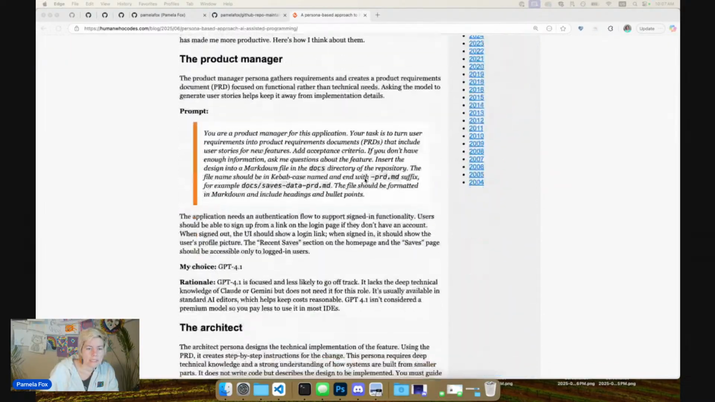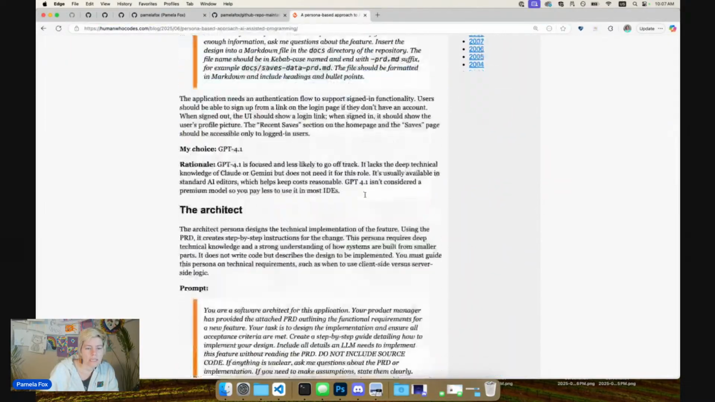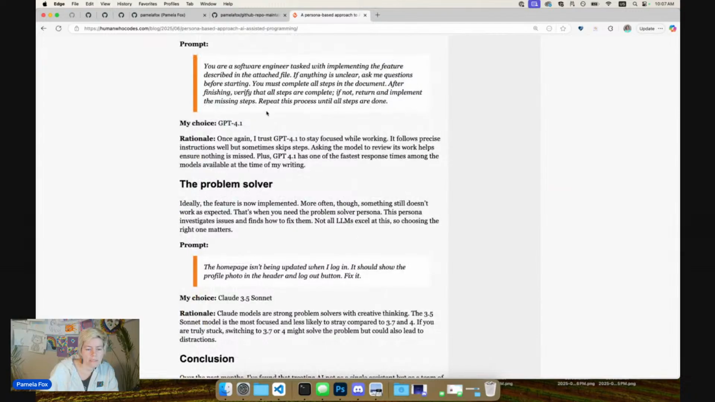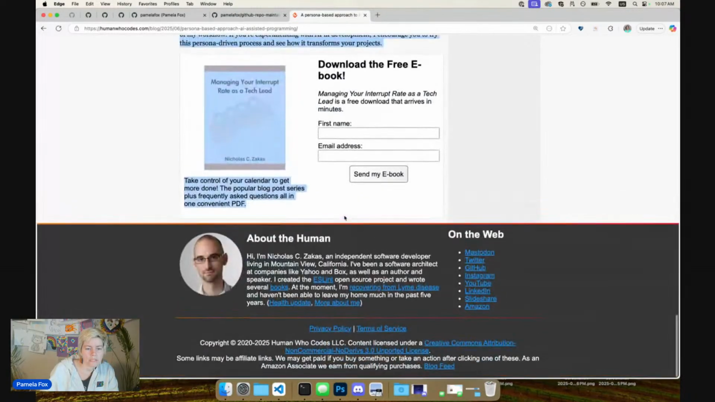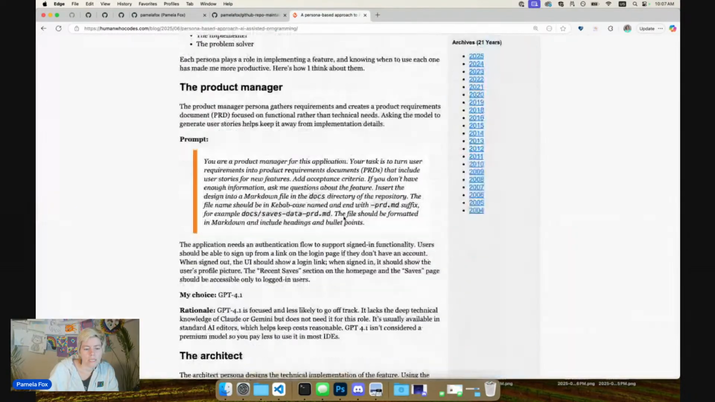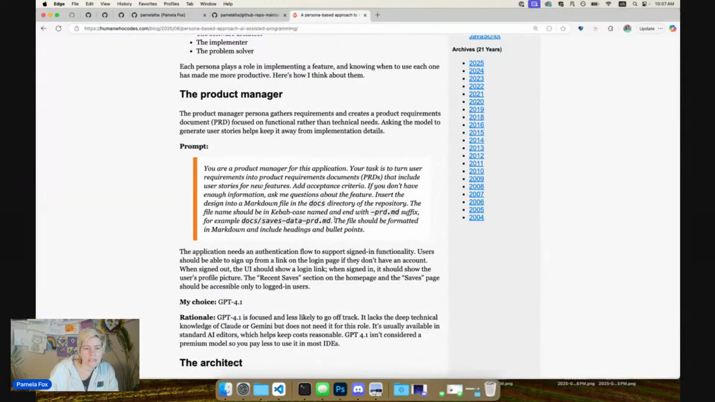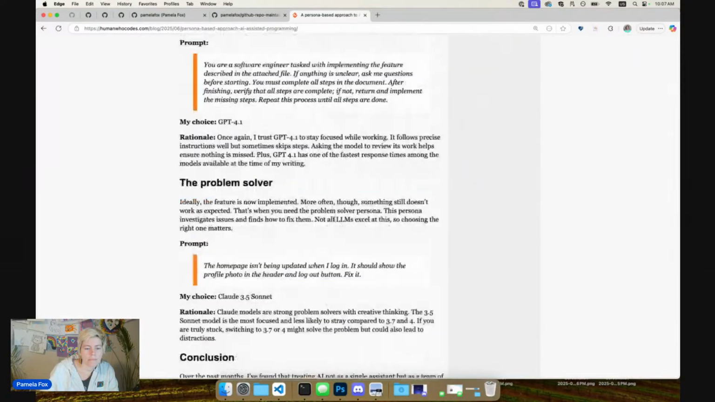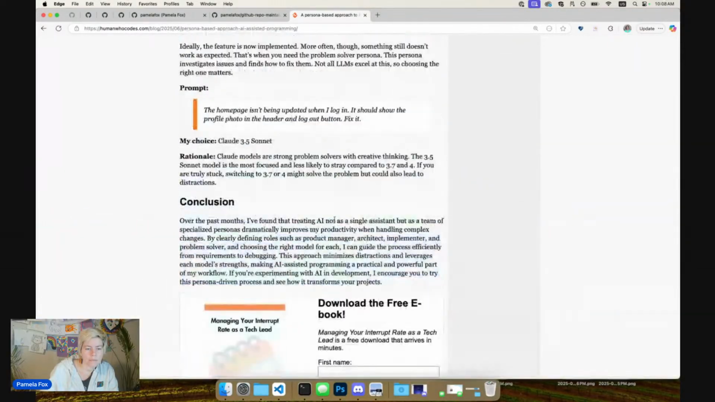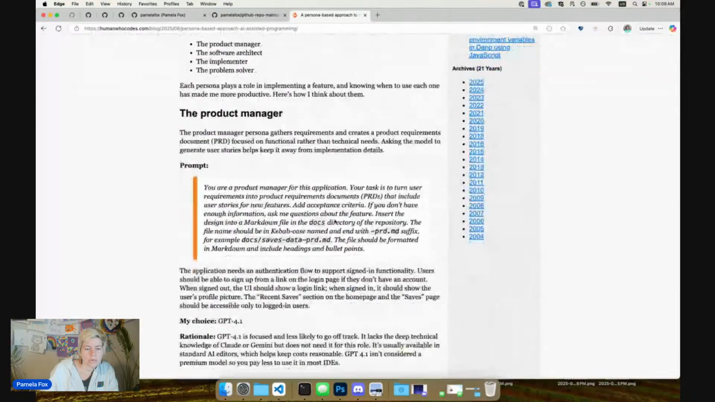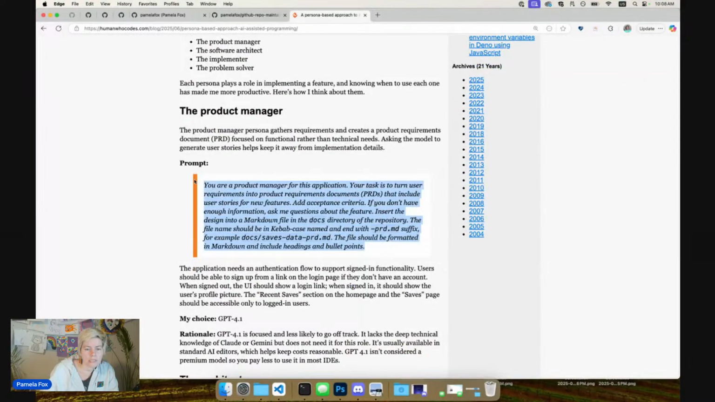And basically, he starts with a product manager, and then he has an architect, and then he has an implementer, and then he has a problem solver. And each of them he does as basically separate prompts with different models. So what I can do is take this prompt,